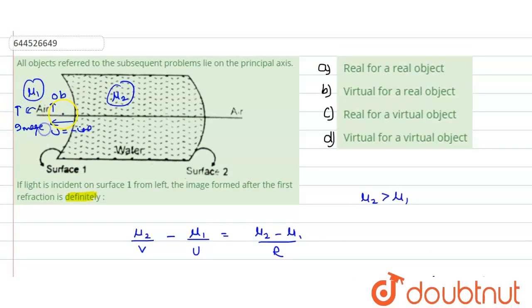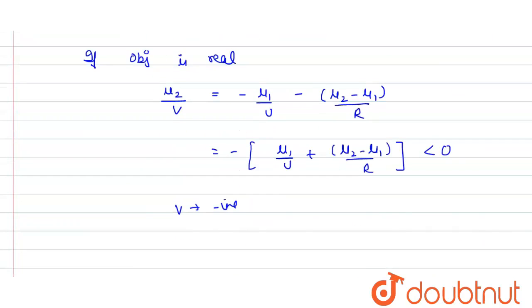We need not tell where exactly it would be, whether in front of the object or behind the object, but we can say that definitely it would be on the left side. And if the object is virtual,